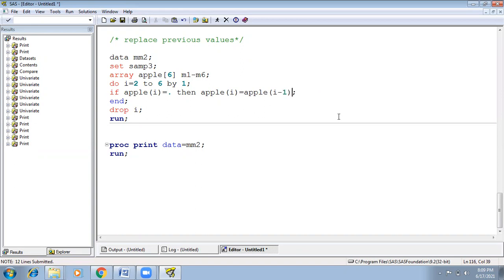If you go with I, same variable: if apple of I equals apple of I, you replace with the same values. There is no change. I minus 1 means the previous column. That is the meaning. I minus 1, previous column value. Wherever the data is missing, replace with I minus 1, the previous value.